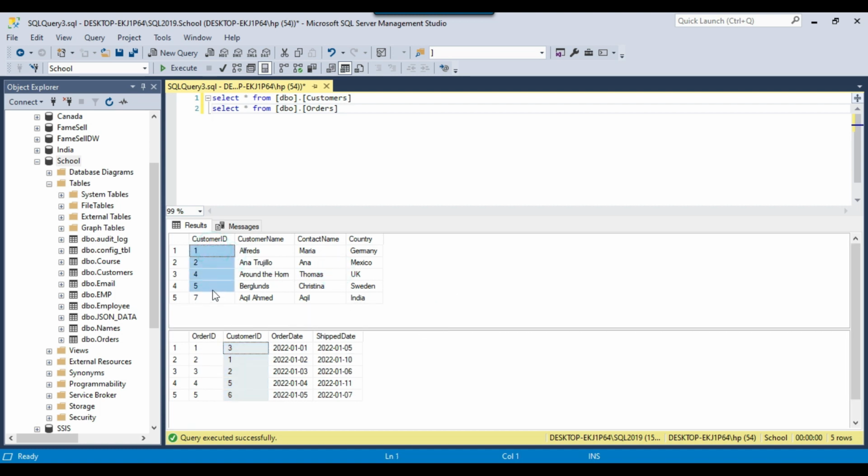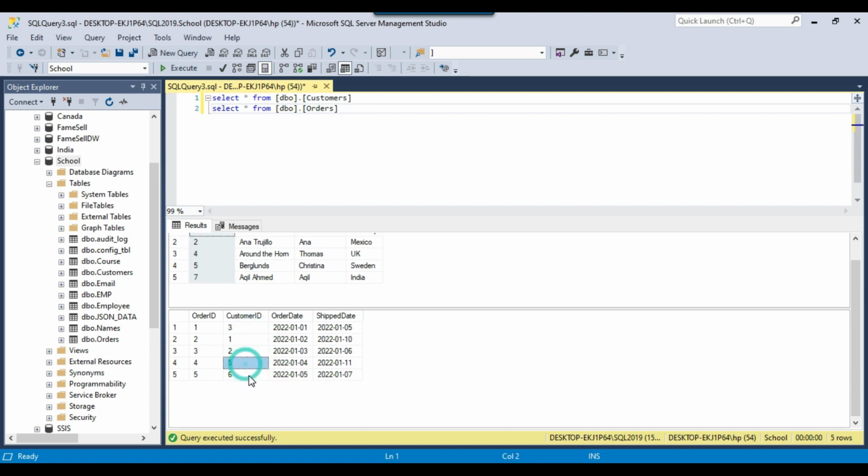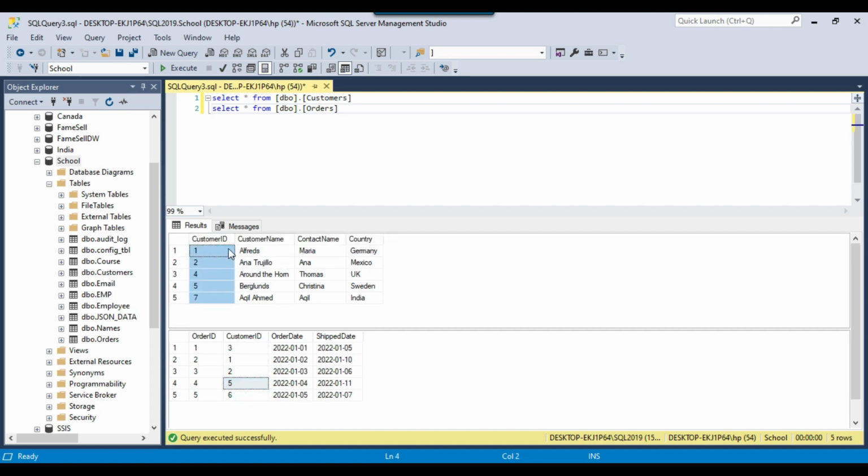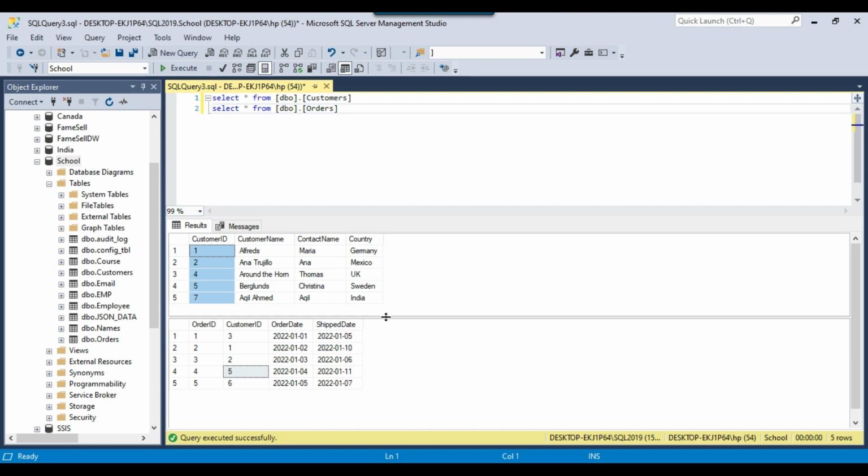In the customers table there can be some customer IDs that are missing from the orders table. So we need to write a query to find the customer IDs from the customers table that are missing from the orders table. There can be different ways to write the query to find those records, and today we are going to see the NOT EXISTS method, which is a very fast method to find those records.